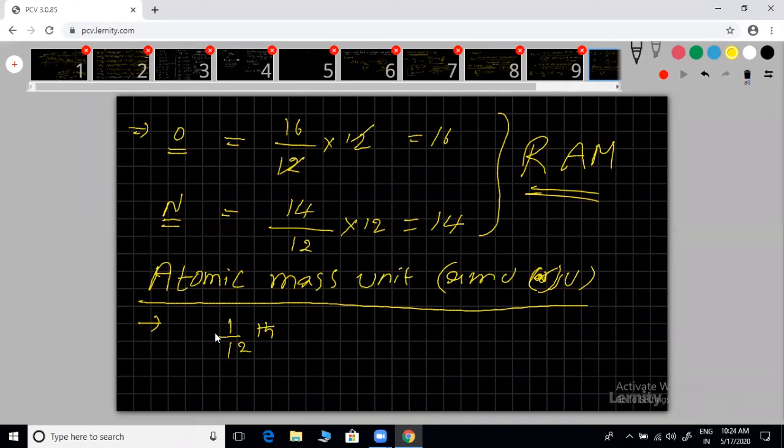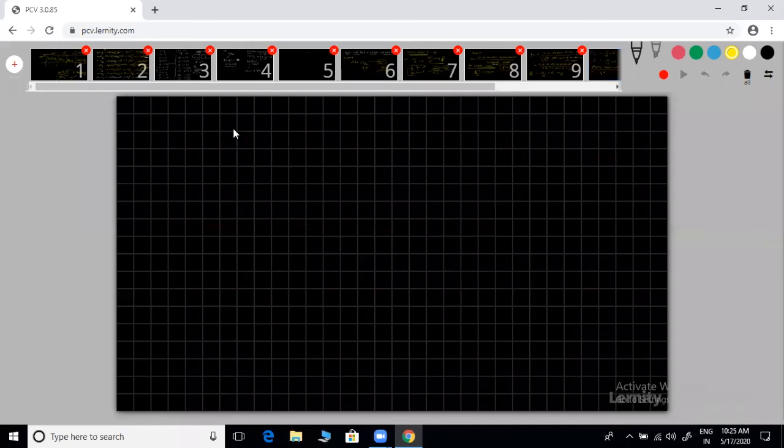Got that point? I'm repeating again. The standard weight, which is 1/12th part by weight of one atom of C12 isotope, is known as atomic mass unit, or simply AMU. So this is the definition. We can find what is the one AMU value and everything. Now we can see. Underline that each point is important. Please read that point one more time. That point only we are going to be applying.